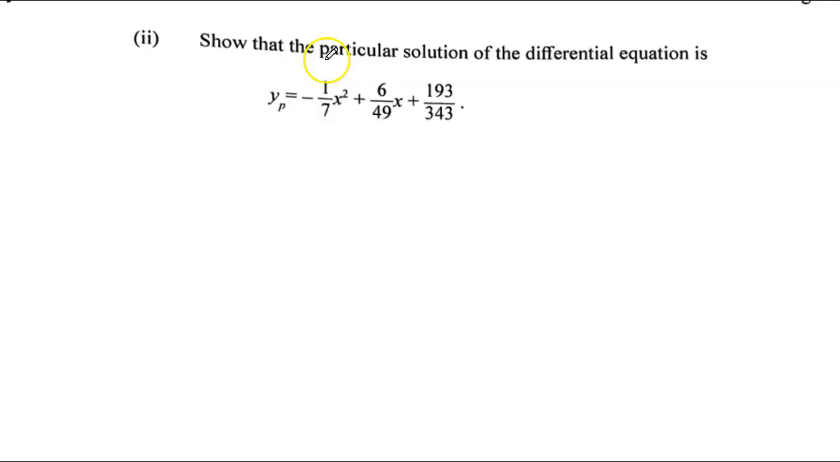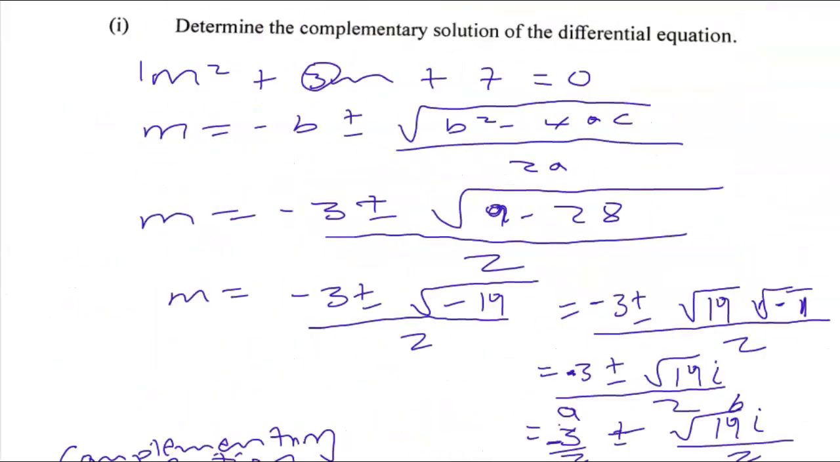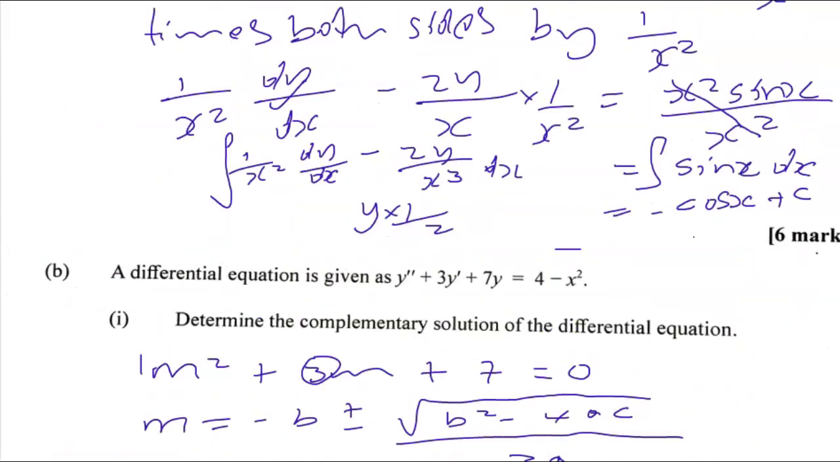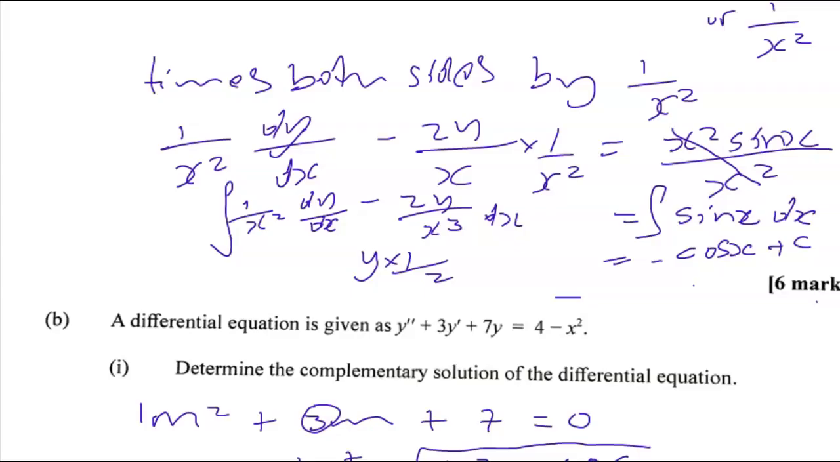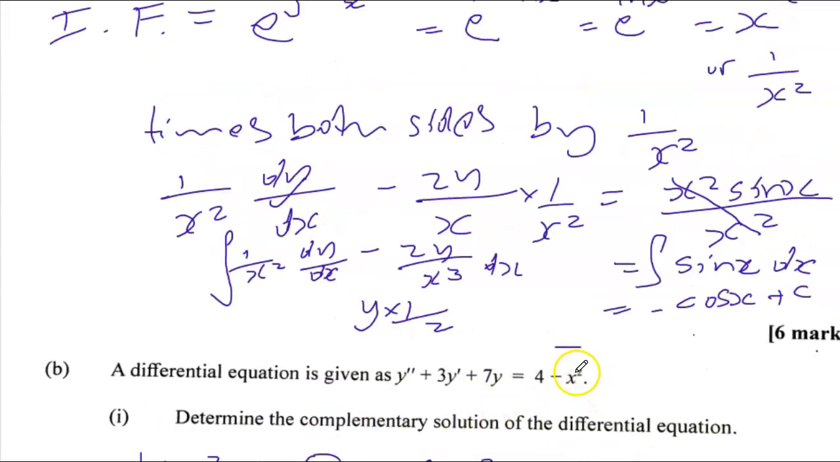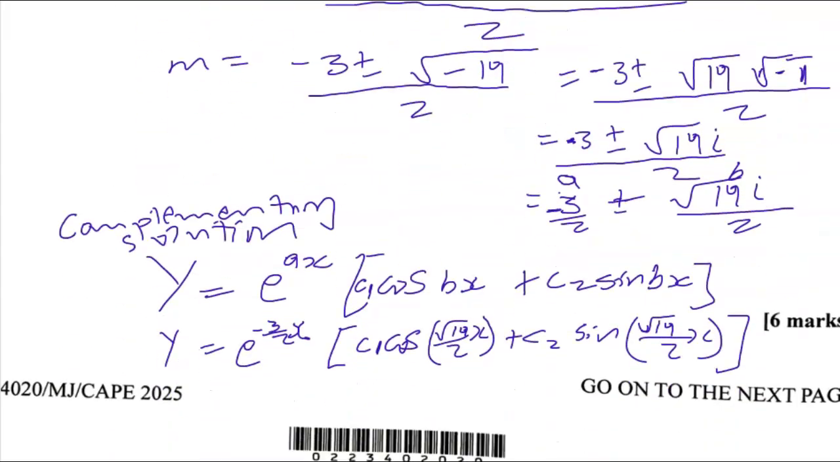Second part, show that the particular solution of the differential equation is as given. Alright, they tell us what the answer is, just for us to show it. Now if we go back up here, we're told that we can let y be equal to ax squared plus bx plus c, since the form on the right hand side is a quadratic form. So we can let y be equal to